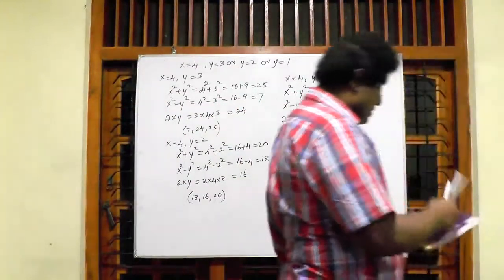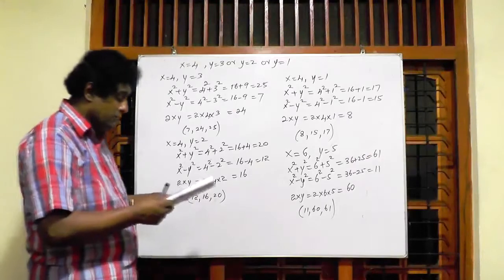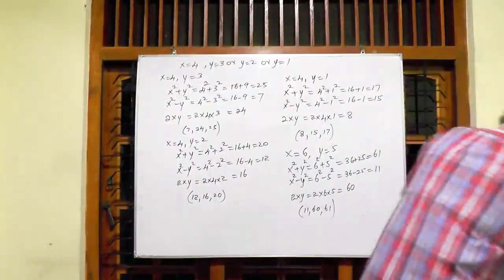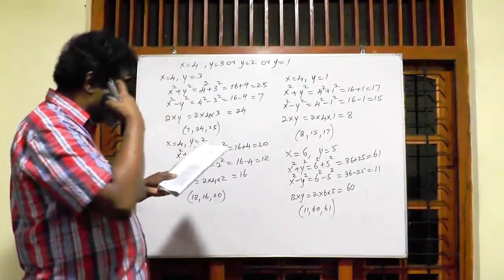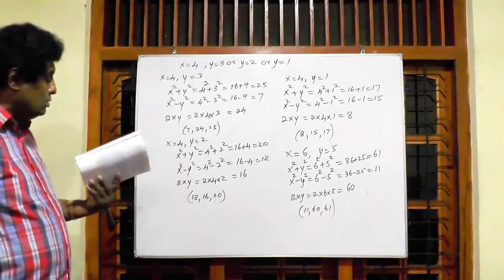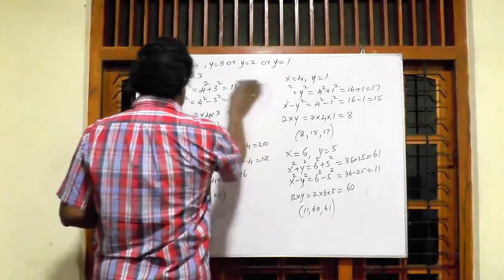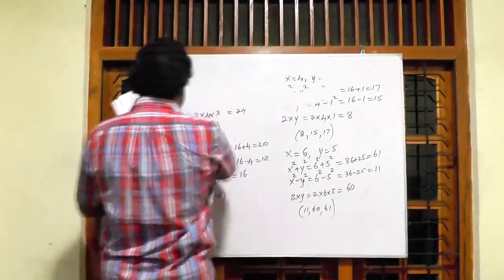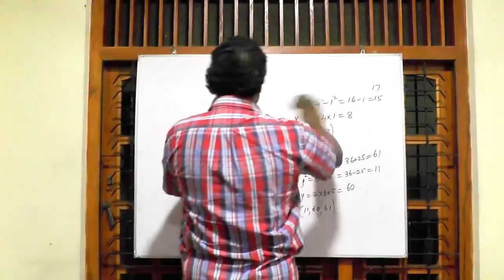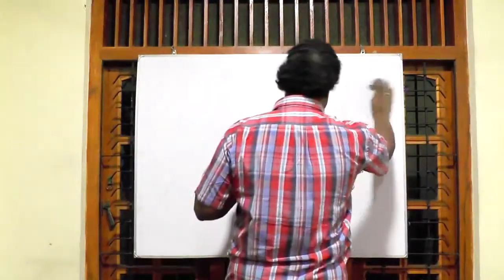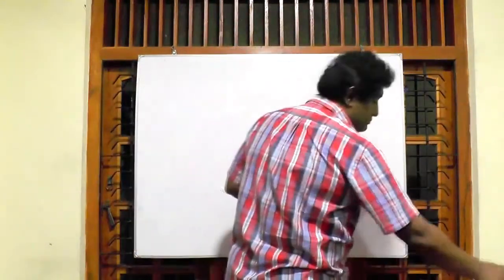Let's move to the last exercise, that is exercise 17.3. The following triples are the lengths of the sides of two triangles. Select the triangle which is a right angle triangle and write down the corresponding Pythagorean triple. Two triples have been given here. What is the first triple? 8, 15 and 17. What is the second triple? 14, 18 and 25. Then we have to select the Pythagorean triple out of them.